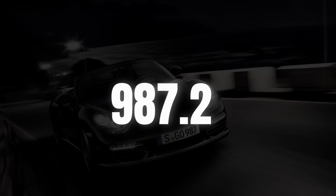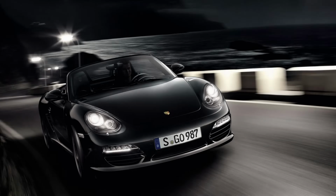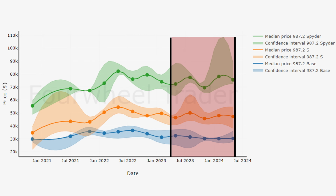Also in the 987.2 market, we need to be careful when we interpret the results. This market is small. Over here we have the price trend split by the base and S models. This shows that before any inflation correction, prices are still at the same level as in November 2020 or even higher. Compared to last year, we're looking at a plus of 4.4% in the Spider market and 1.8% in the